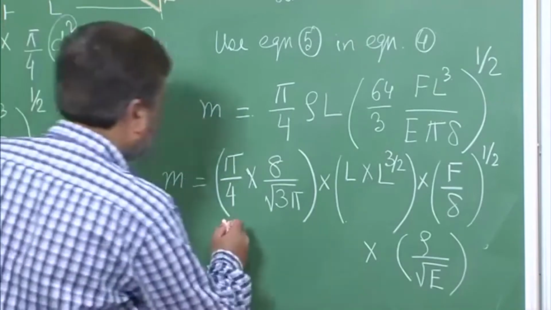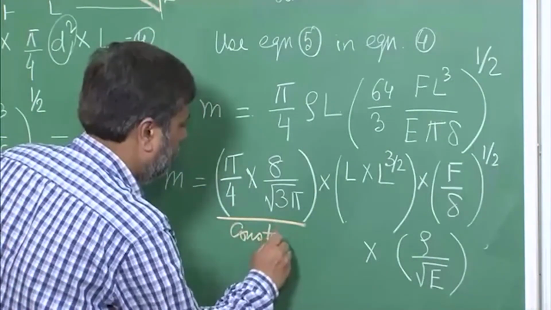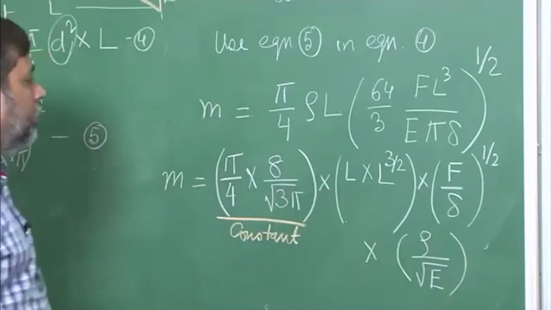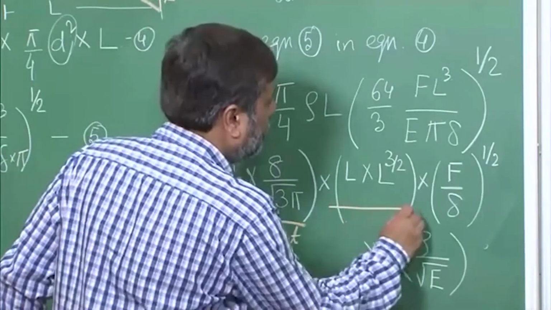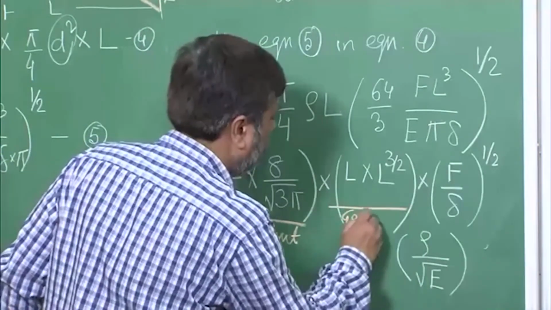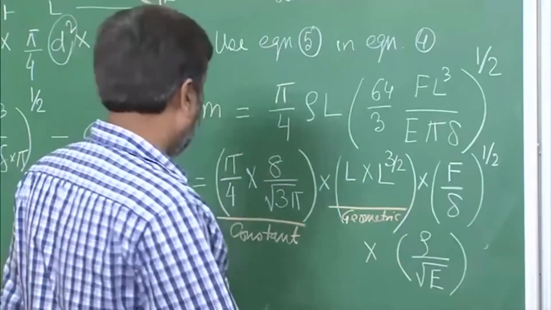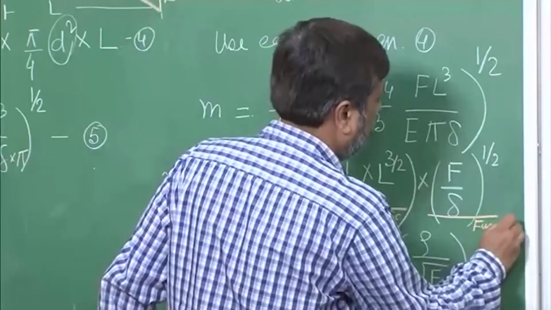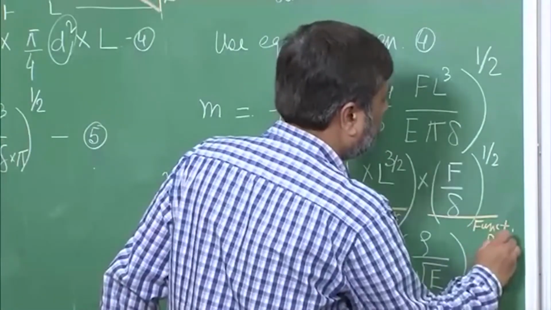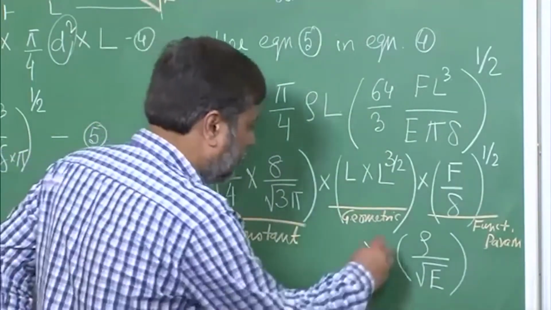The first part is the constant, the second part is a geometric parameter, the third part consists of functional parameters, whereas the last part,